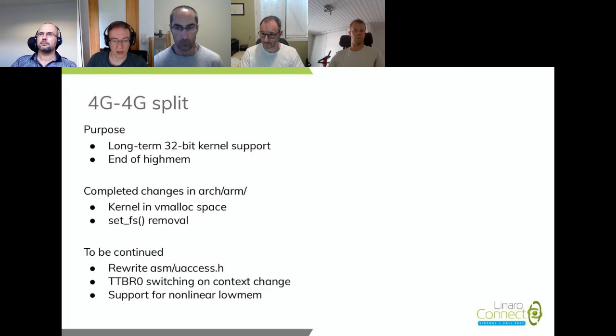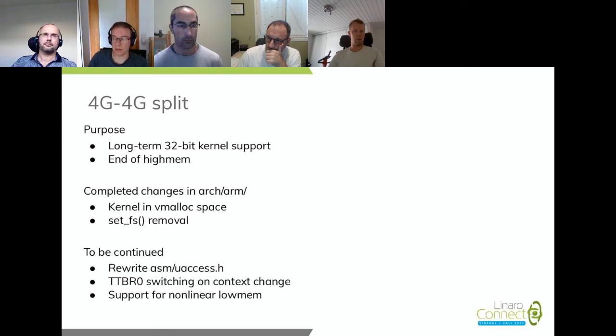We currently rely on HighMem to access more physical memory than fits into the virtual address space of the kernel's linear map. This will eventually go away as people are focusing on 64-bit, and we try to simplify the kernel, and we try to come up with a way to keep those systems that are deployed already and in use working, using up to 4 gigabytes of RAM.